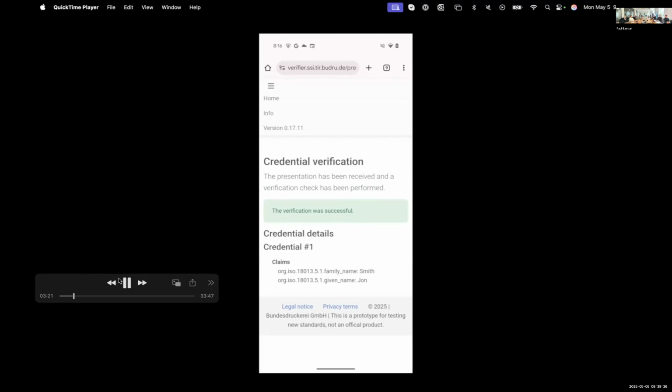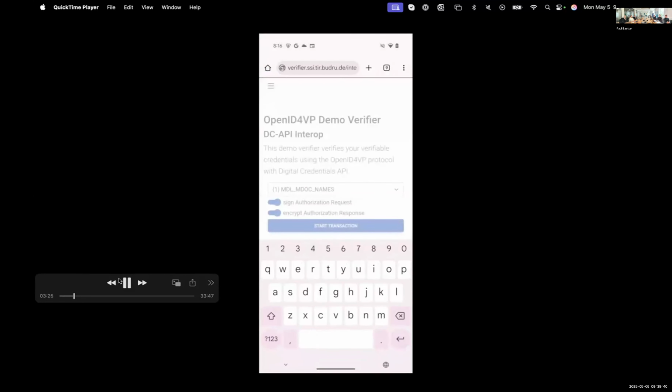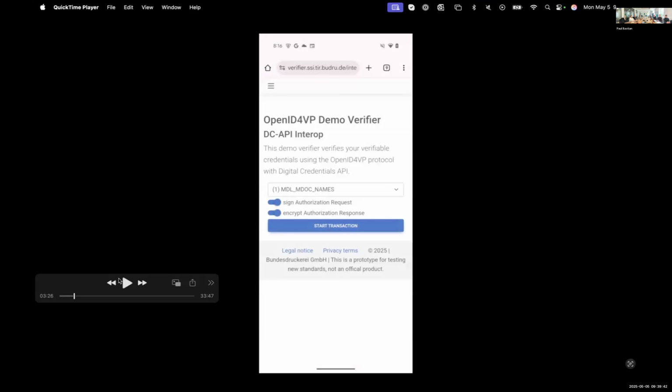We had a lot of code already from last interop. So the main step we had to do was basically to integrate the C API, and this is really straightforward, I think. And it just worked.